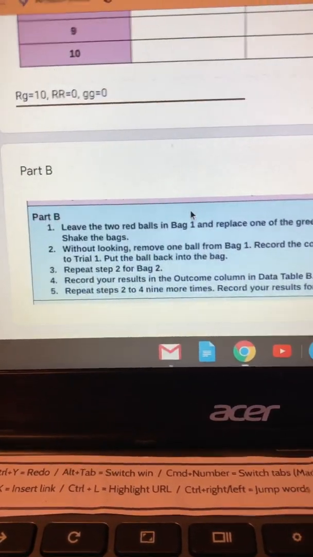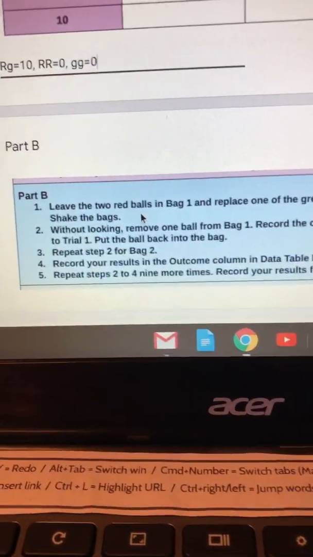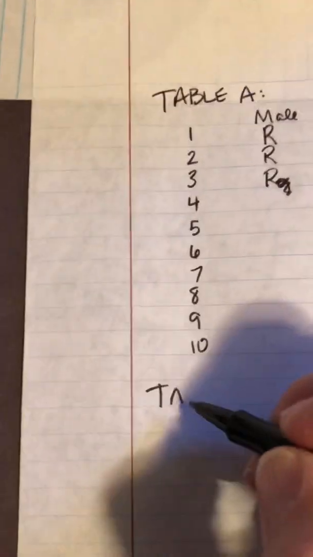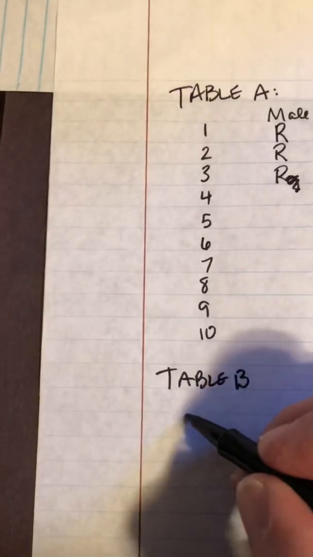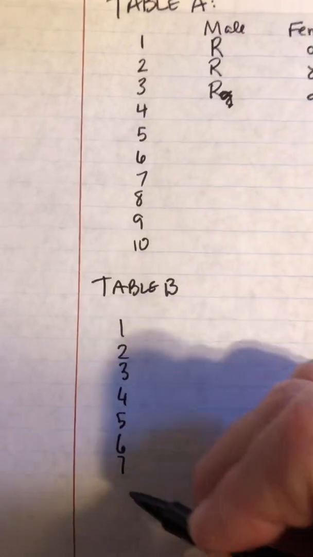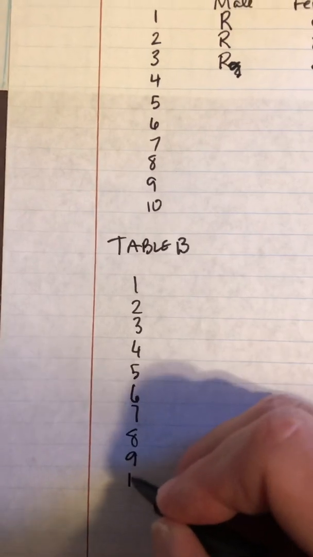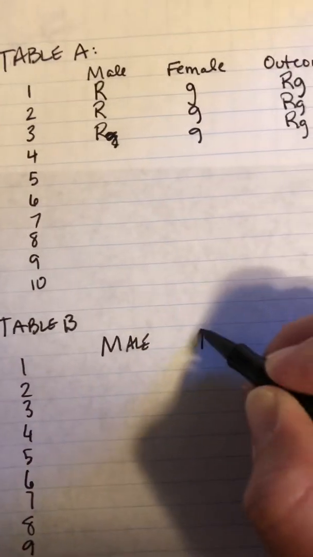Okay, now we're going to follow the directions for part B, and we have to change some things in our cups. Okay, so we go back over here, and we're going to make a data table for table B2, and number 1 to 10. It's really hard to write and video at the same time. Okay, male and female